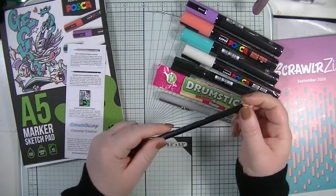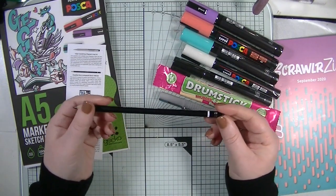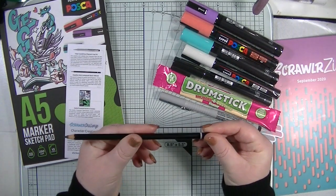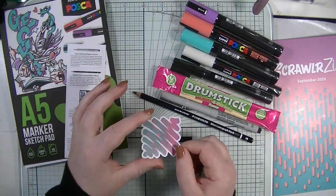And then the last thing we have is a pencil. So we seem to get more pencils than I've ever had. And this is a Mars Lumograph Black 2B pencil. So that is our pencil, and then of course we do get our sticker as well,